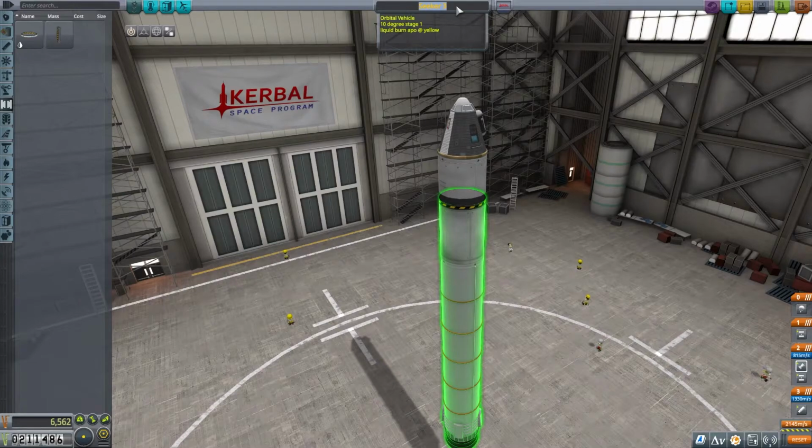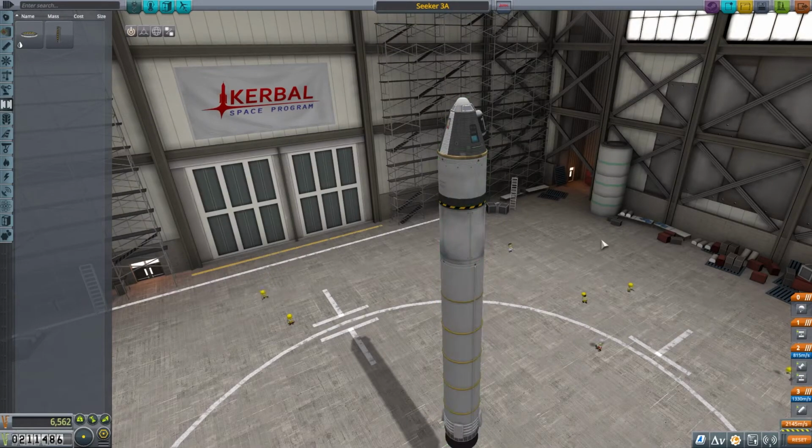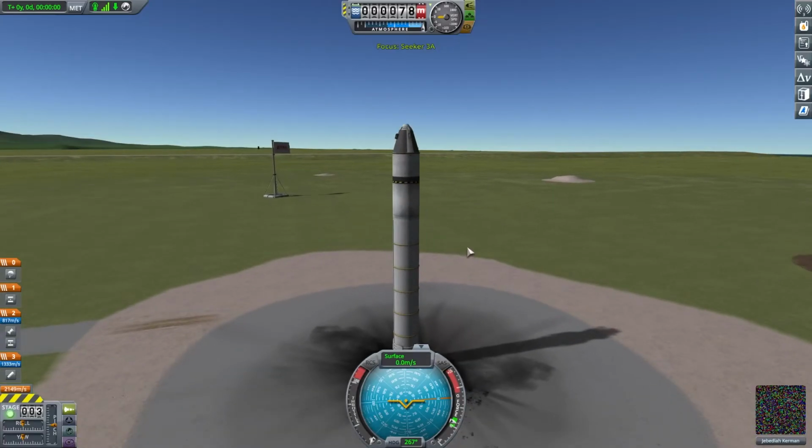Yeah, good. All right. Seeker 3 A, maybe? It's not like we've radically changed the plan. We've just changed the fuel mixtures and added more fuel, to be honest. So it hasn't had a radical change. All right, let's go. Whew. Love this. Okay, yeah, so...